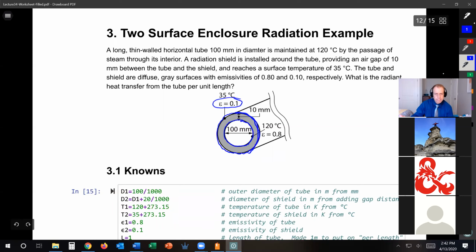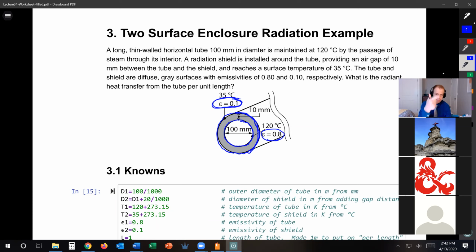I want it to have a low emissivity. I'm trying to reduce radiation losses. So the pipe will kind of have a high emissivity and the shield will have a low emissivity. The pipe's going to be hot, 120 degrees C. Let's say the other one's 35 degrees C. How much Q am I losing per length of this pipe from radiation? I'm going to follow the same thing. Remember, everything is,